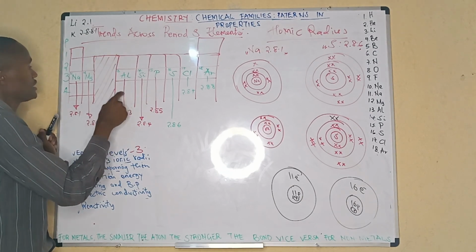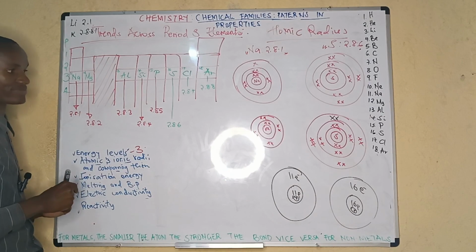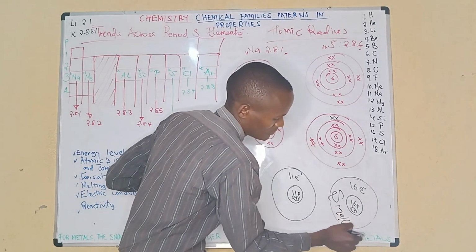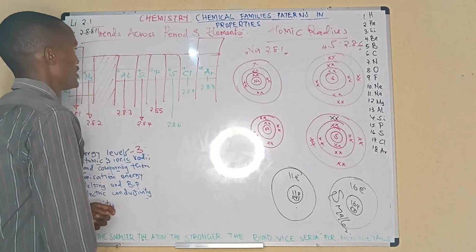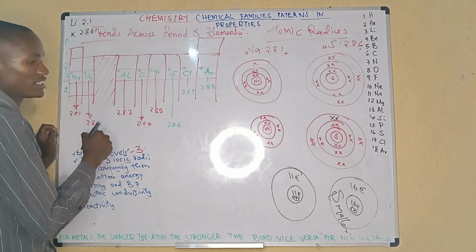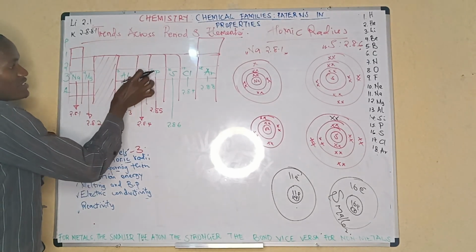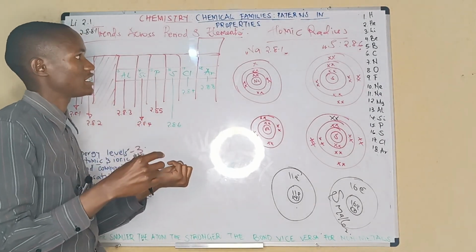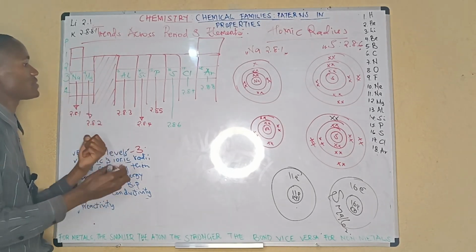Aluminium has 13 protons, sodium has 11. The electrons of aluminium are being pulled more than those of sodium. And therefore, this is smaller than this. This one is smaller than this, and therefore what do we say? We say that the atomic radius, that is what we are talking about, is smaller for these ones. It goes on decreasing because the number of protons is increasing, pulling electrons in a third energy level just like the others, but with a higher nuclear charge. And therefore,